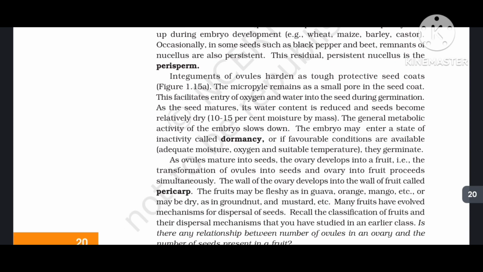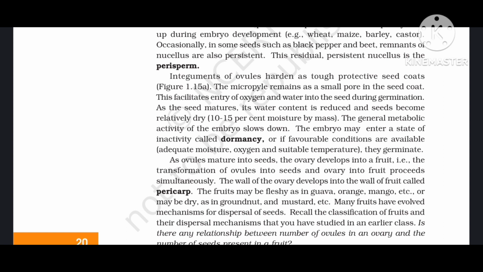Integuments of ovules harden as tough protective seed coats. The micropyle remains as a small pore in the seed coat. This facilitates entry of oxygen and water into the seed during germination. As the seed matures, its water content is reduced and seeds become relatively dry, 10 to 15% moisture by mass. The general metabolic activity of the embryo slows down. The embryo may enter a state of inactivity called dormancy, or if favorable conditions are available, adequate moisture, oxygen, and suitable temperature,